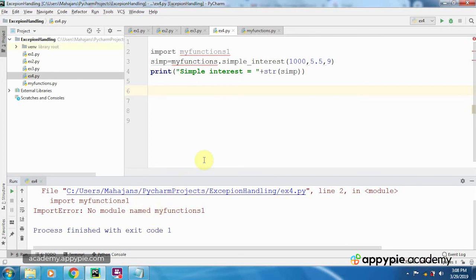Now I want my program to be on guard against the termination. I just want the error message to be there, but the program should not be terminated. So what should I do?